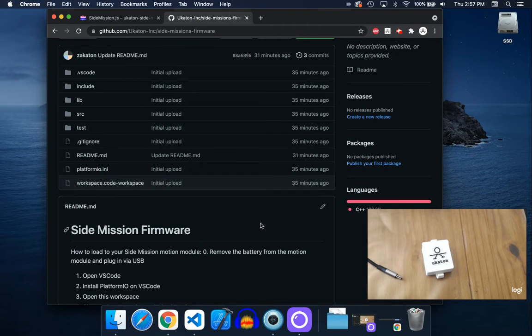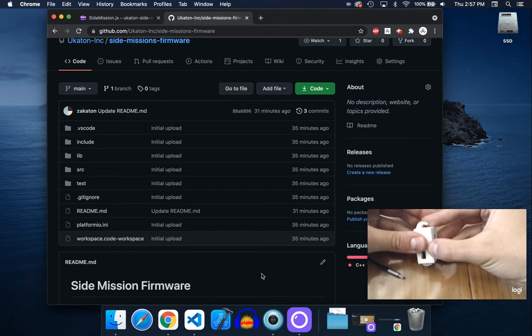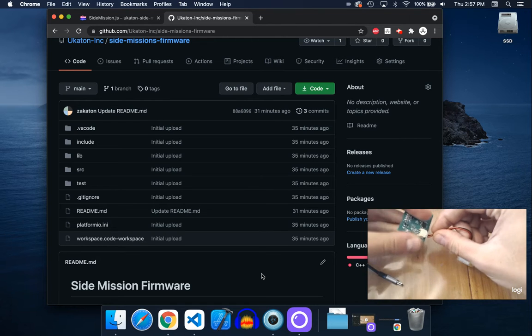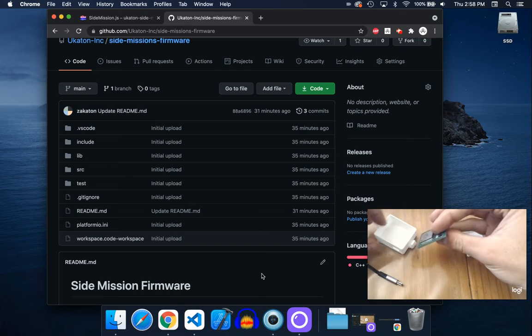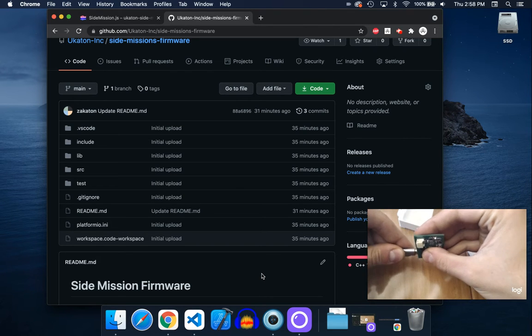Here is how to update the firmware on your Ukaton Side Mission Motion Modules. First thing you want to do is to disassemble it, remove the lid, take away the PCB and battery, disconnect the battery, just wiggle it. Alright, so then you have the PCB by itself, connect it through USB to your computer, and you should see